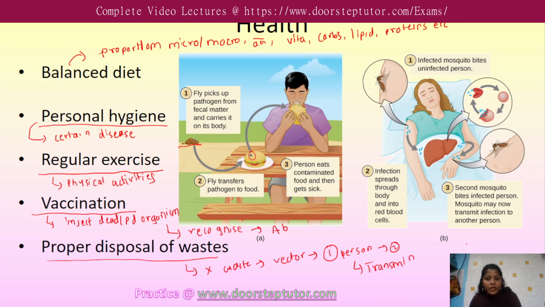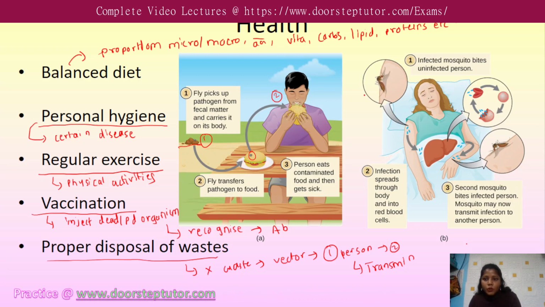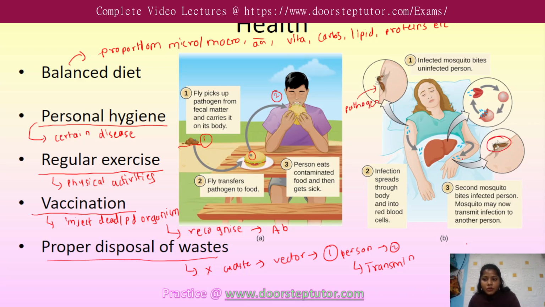So now, what is this fly doing? It acts as a vector, transferring pathogens from one place to its host. Host is nothing but the human in this case. Now you can see over here a mosquito comes and bites the person. This mosquito carries some pathogens inside its body which are not harmful to the vector but harmful to us. Now this person gets infected and another mosquito will come and bite that person.